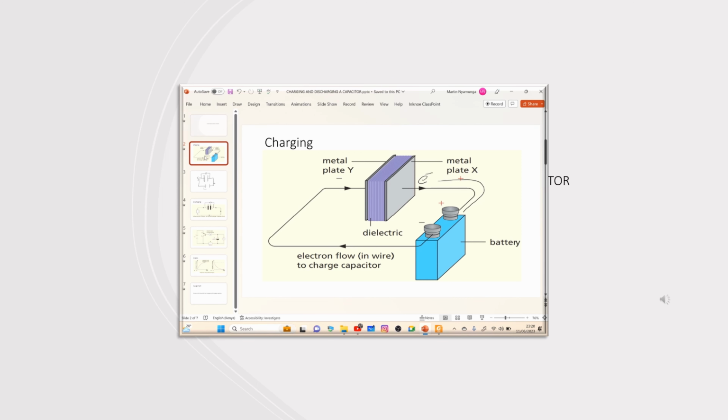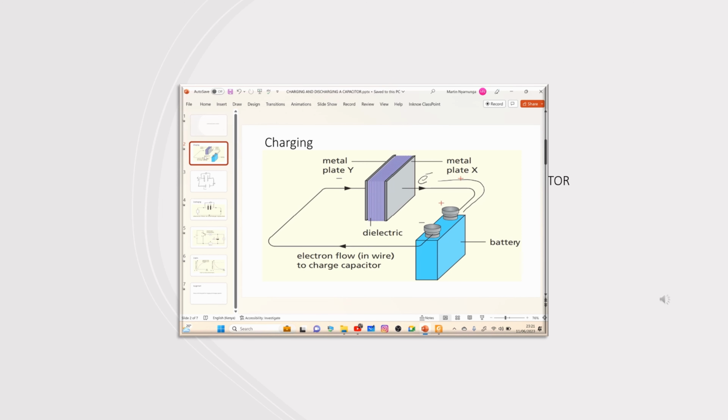Now, the plate connected to the negative terminal of the cell receives electrons from that terminal, while the plate connected to the positive terminal of the cell or battery loses electrons to the positive terminal of the battery. In the process, the plate that loses electrons acquires a net positive charge. Charges accumulate on the capacitor to a point where no more charge can accumulate because the capacitor is fully